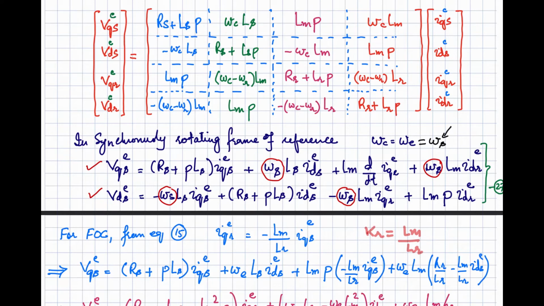Lm is the magnetization inductance, or the mutual inductance, showing the flux linkages between the stator and the rotor. So if you know that coupling coefficient, you can estimate the rotor current by looking at the stator